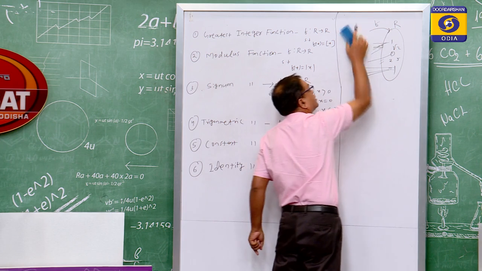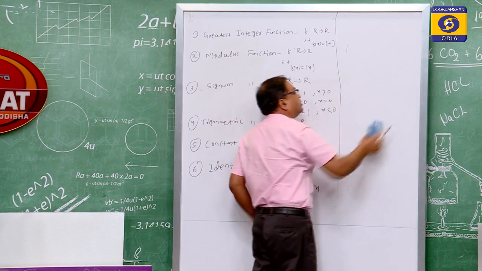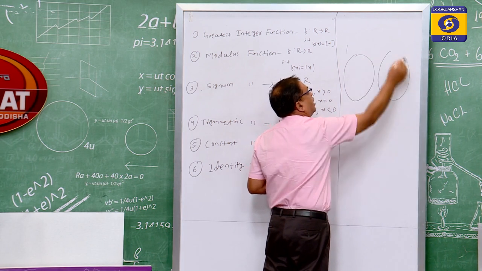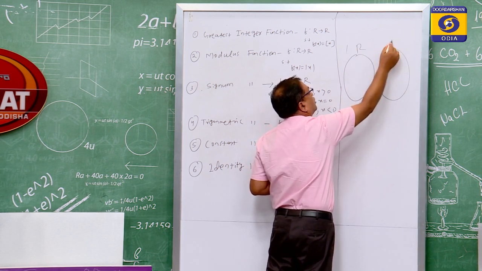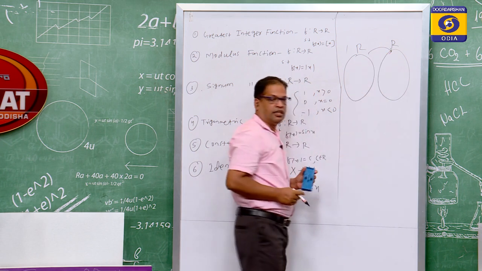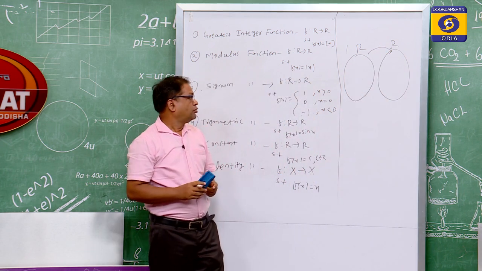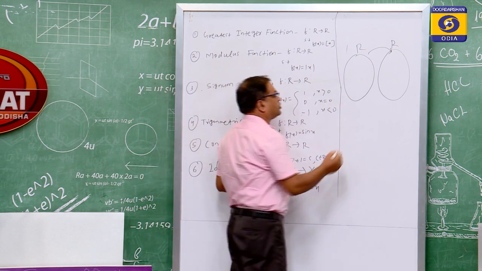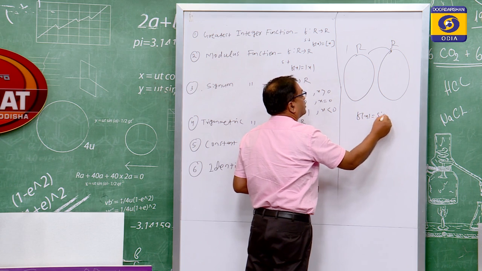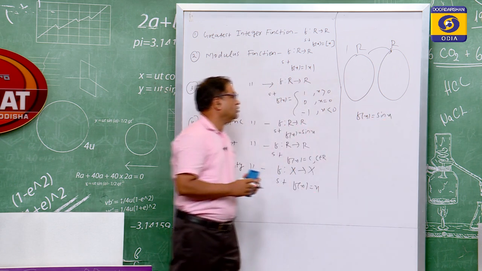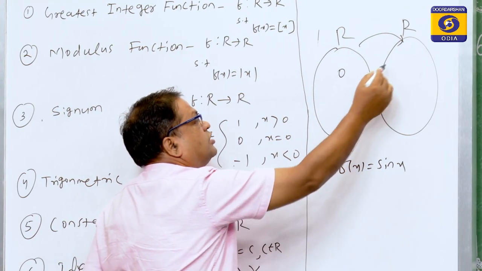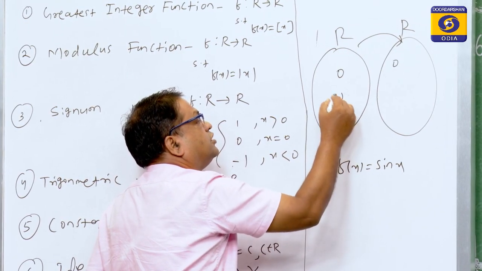Next are the trigonometric functions. There are six trigonometric functions: sine, cos, tan, cot, sec, cosec. For example, let us take the sin x function. So f(x) is equal to sin x. When x is equal to 0, sin 0 is equal to 0, and when x is equal to pi,